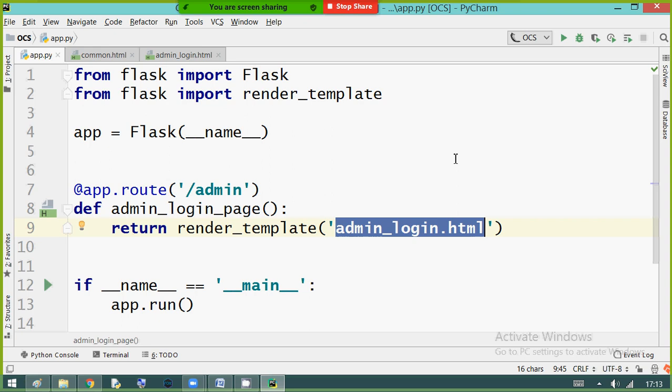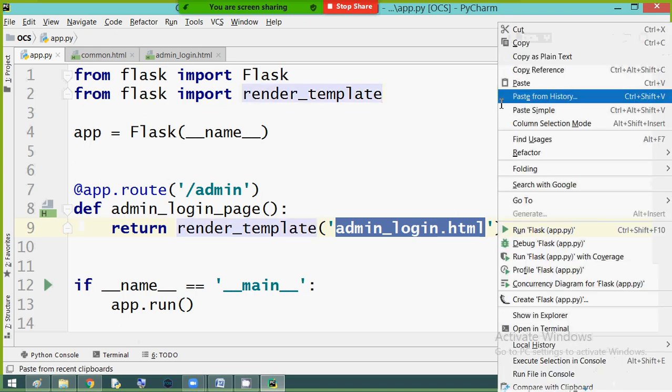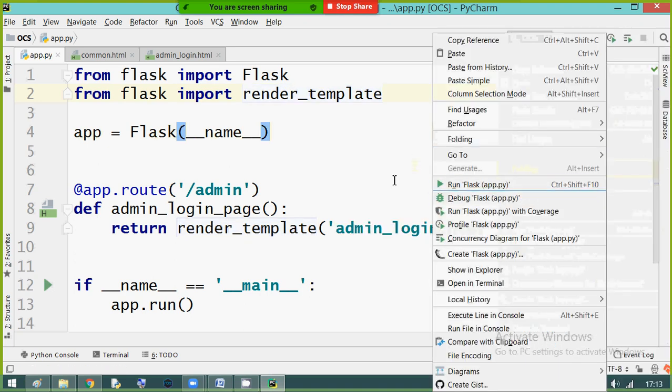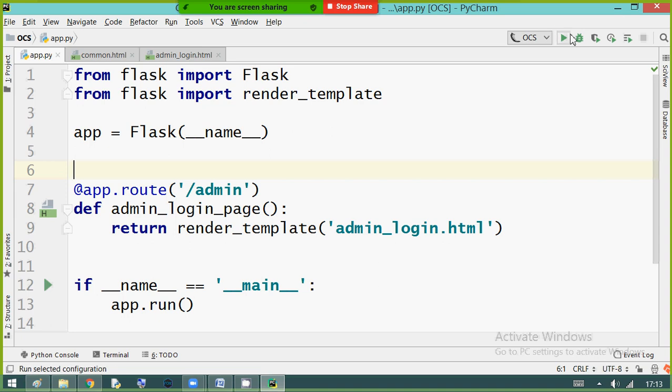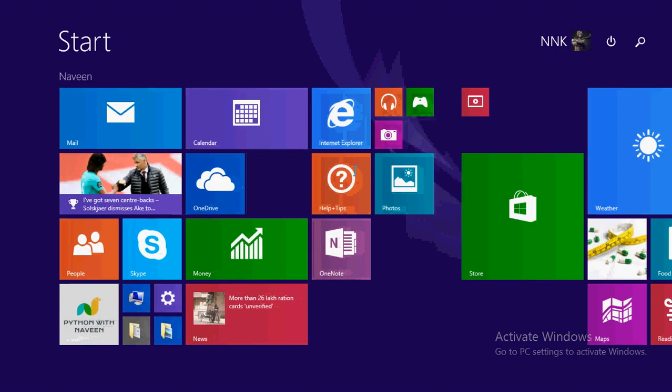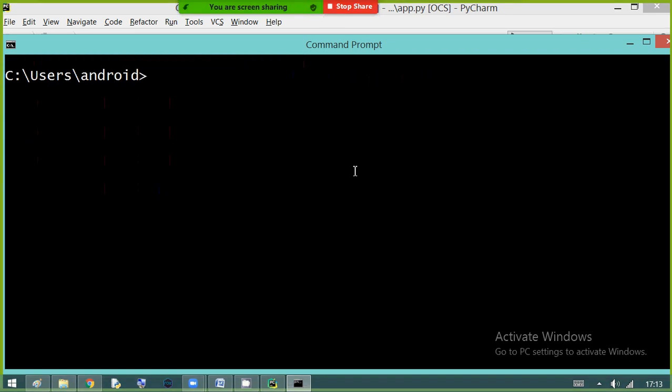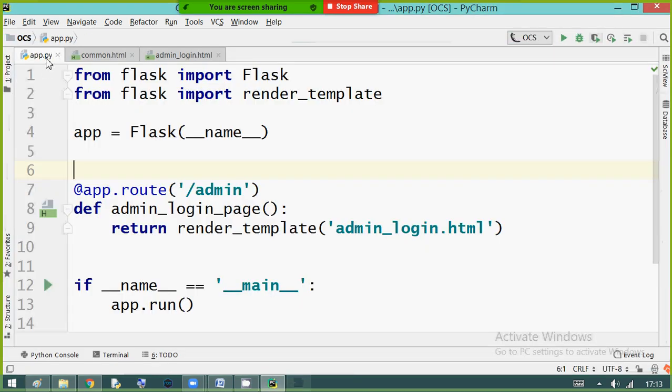Let me run the example and see the output. Run Flask. Just right click and run, or use the run button in PyCharm. If you are using IDLE to write the program, simply open the command prompt, move to your project location, and write the command: python, then your app file name.